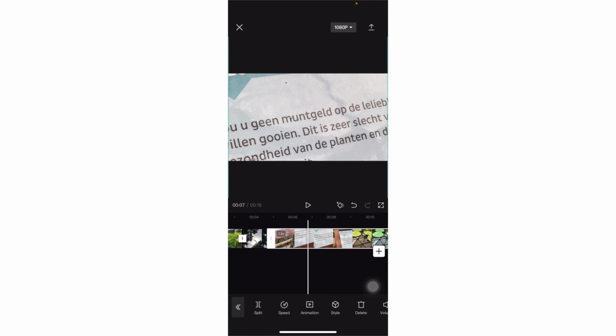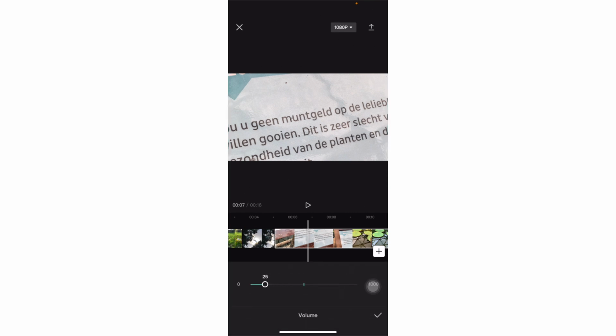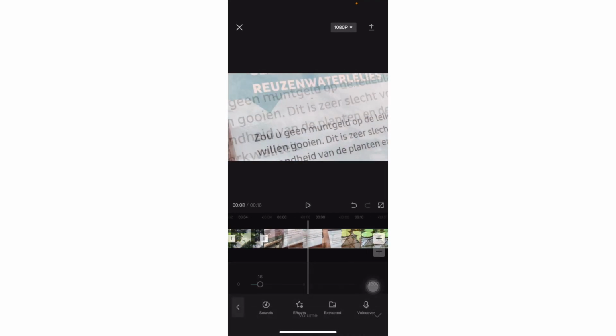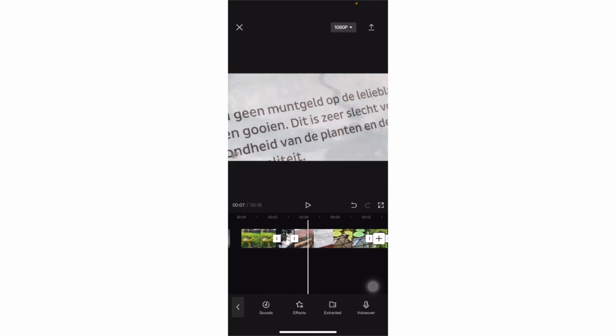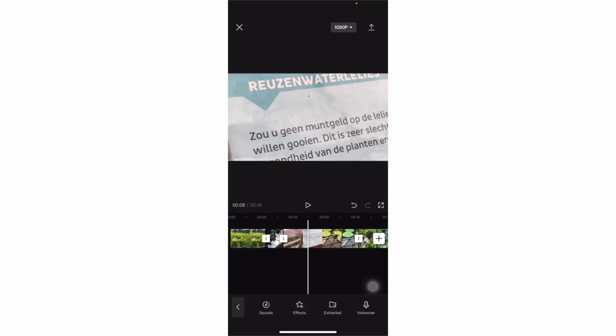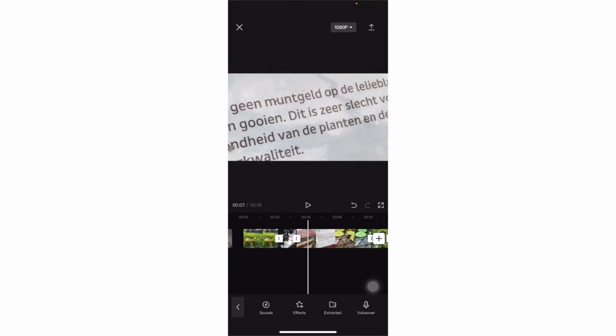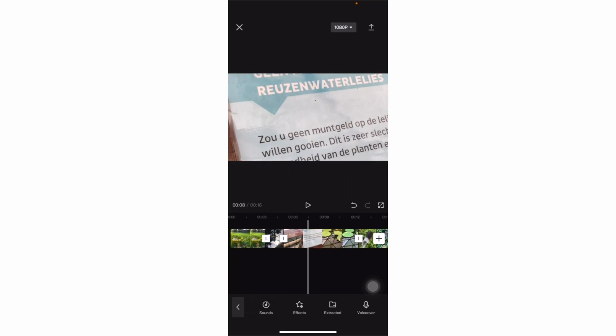I've selected this part and then I'm going to scroll through the editing options for volume, and I'm going to turn it way down. And now this is a video with a camera movement, so I can also show you how to take a bit out in the middle of your clip, because up till now we've only changed the length of the clip with trimming, but now we're going to split. So say this is a video with a camera movement. I start on these letters and then I go all the way to the leaves, and I want to take the movement out.